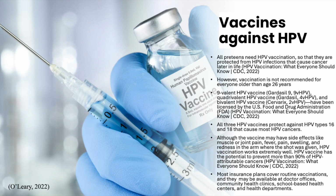The vaccine is recommended at ages 11 to 12, and 2 doses are usually sufficient if the first dose is given before the 15th birthday. For those aged 9 to 26 with weakened immune systems, 3 doses are recommended. Most insurance plans cover the HPV vaccine, and it is widely available at doctors' offices, health clinics, and community health